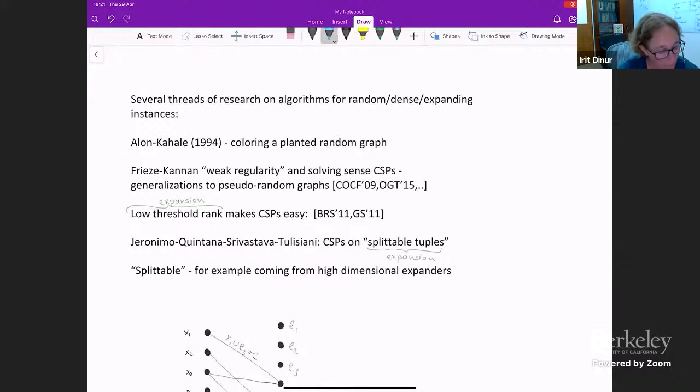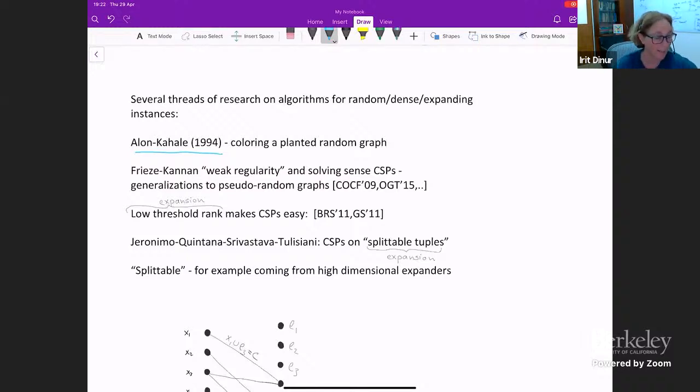So the work of Alon and Kahale that I mentioned about coloring was like a first work, as far as I know, doing this spectral analysis. And later, this was understood better in the context of regularity limits. For dense graphs, the regularity lemma tells you that you can think of the graph as having a few different components, and inside each component, all the vertices behave in the same way. So it makes the graph from an n-vertex graph into a constant number of component graph. And then you can solve the CSP quickly.